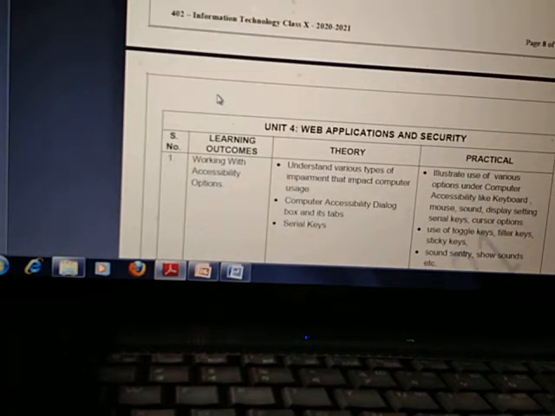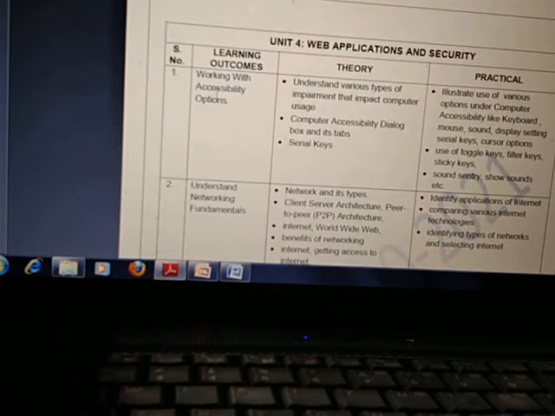Now next is unit number 4, web applications and security. Children, in this unit a few updates are there. Last year the unit name was web applications only, and this time they added security, meaning they added a few topics internally in this unit.